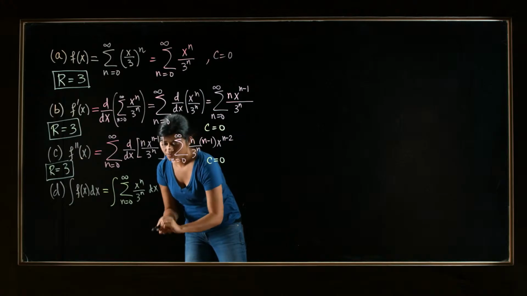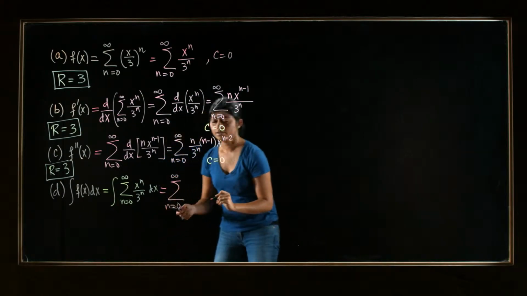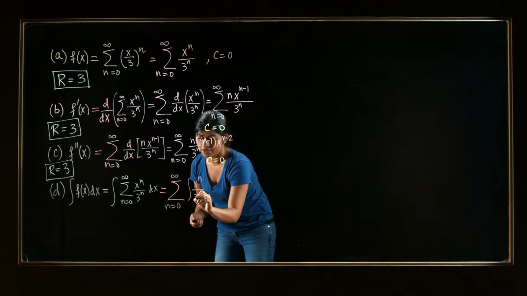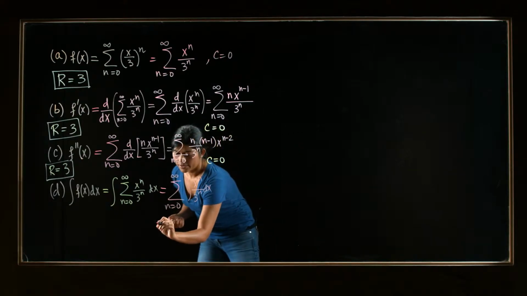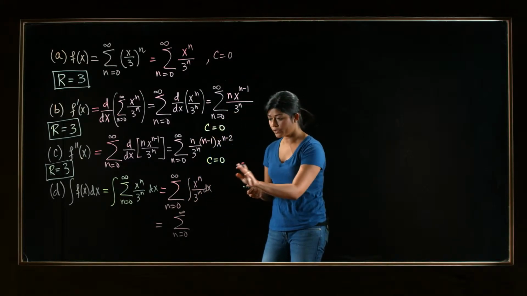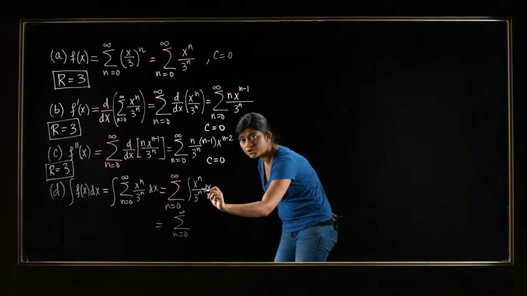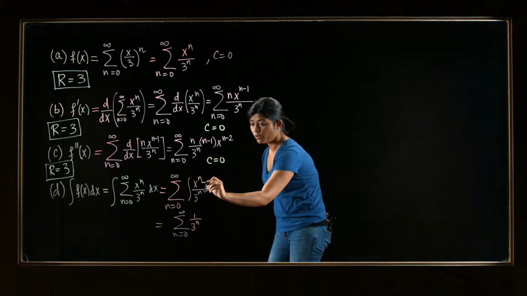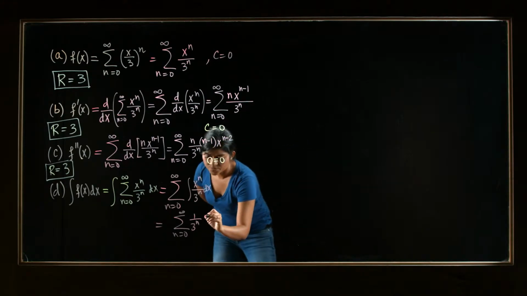So we will have the sum from 0 to infinity and then integrate the nth term, x to the n over 3 to the n dx. And what should we have here? Now be very careful right here. This is an integral with respect to x because it has dx. So this 1 over 3 to the n is a constant. So pull it outside. And what is the integral of x to the n? Use the power rule. That's x to the n plus 1 over n plus 1. So you will have